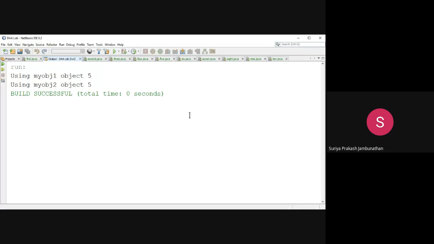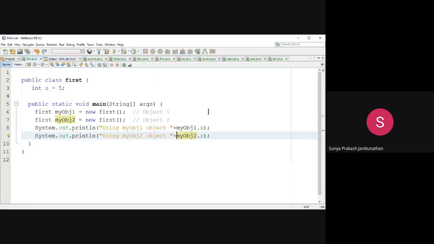So now we can go for the second program. I hope you understand the first program. I will give the exercise at last so that you can do it in the exercise part. For every program, I will give one exercise. The exercise can be done in the Google Classroom. So let's go for the second program.